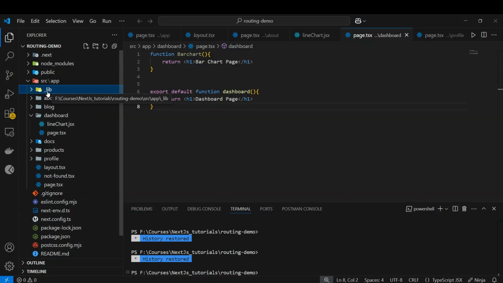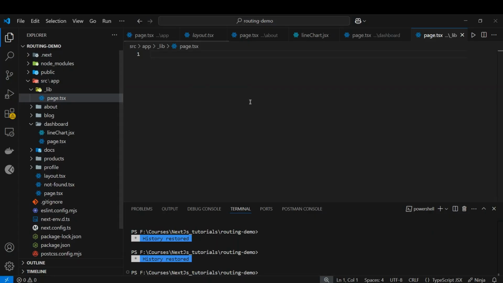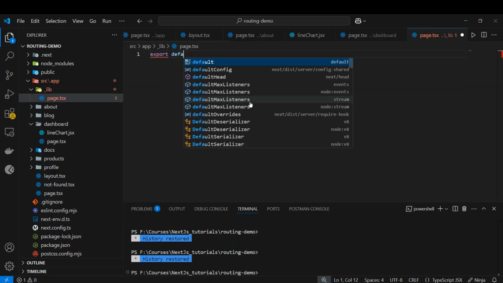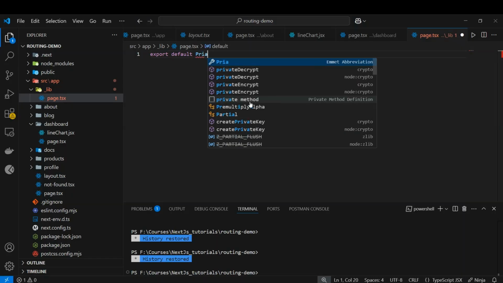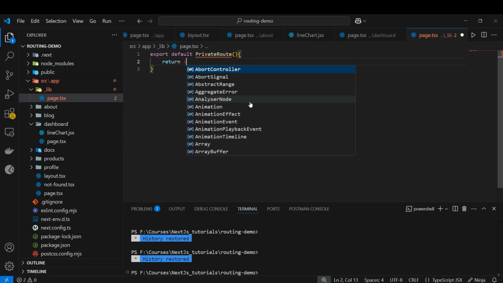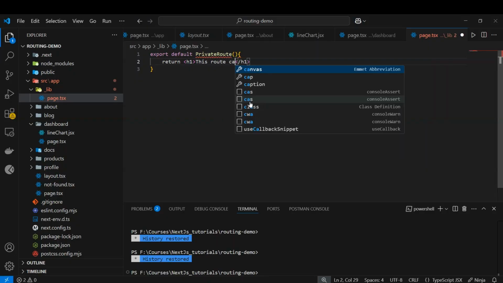So let's create a page.tsx inside it, with the same kind of function we already created earlier in the project. Export default function PrivateRoute, and we return an h1 tag inside it: "This route cannot be accessed."